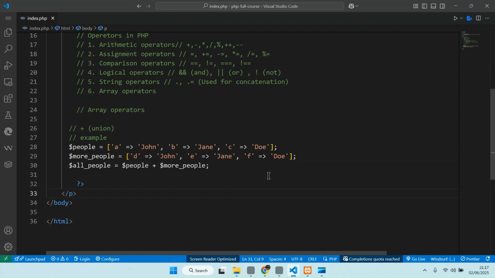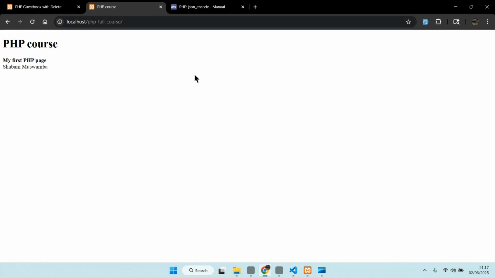For example, this plus symbol. This is just to put two arrays together, to match the arrays together. So let's say here we take all people is equal to people plus more people. So we take these people who are here and add them in here. So add this to another array. So if you go back and you reload,